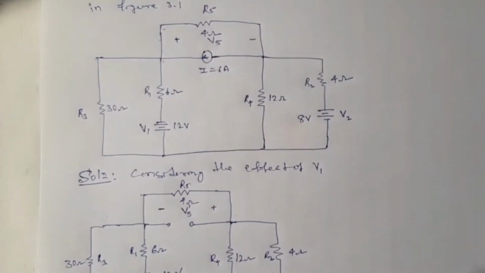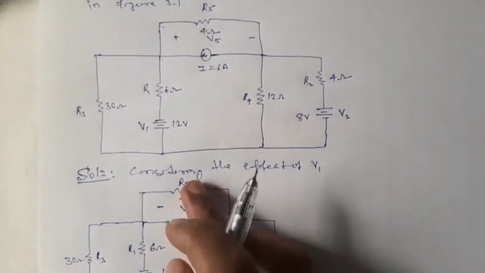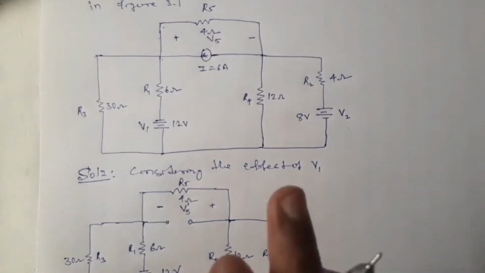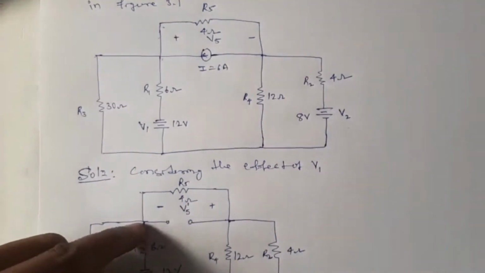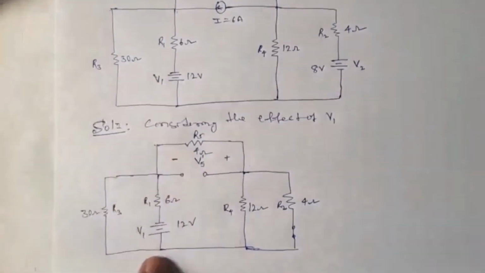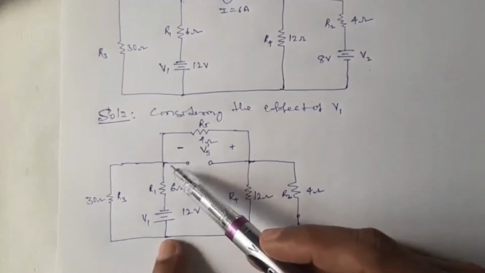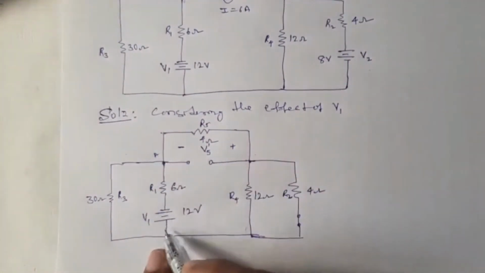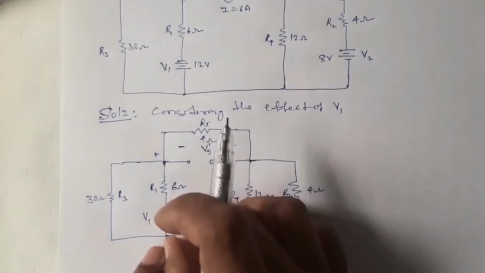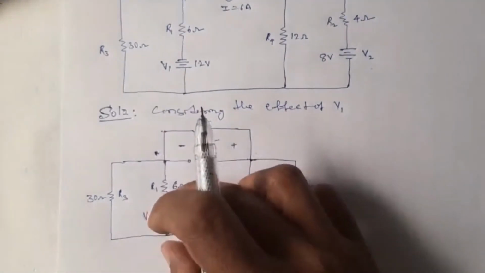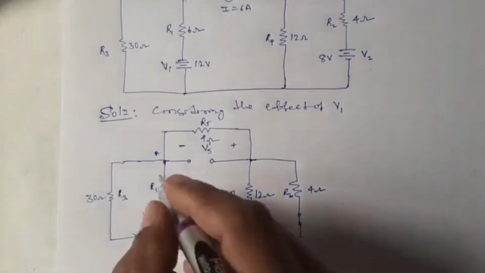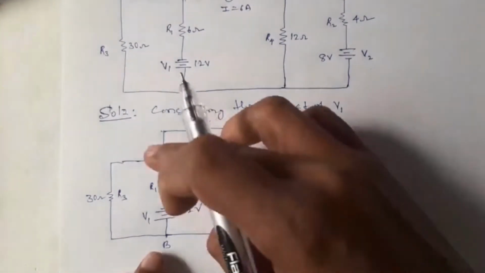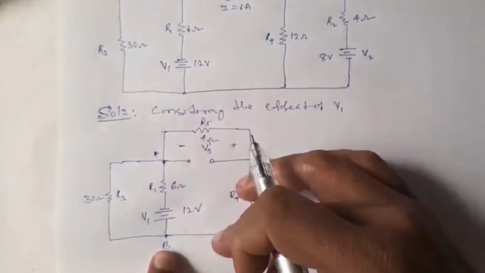Later we'll see that. And if I want to find V5 here, first and foremost I'll find the total resistance of this network looking at this point. So looking at these 2 points, I'm going to find the total. Say this is A and this is B. That means across V1, I'm going to find the total resistance. Let me find across A and B what resistance we get.